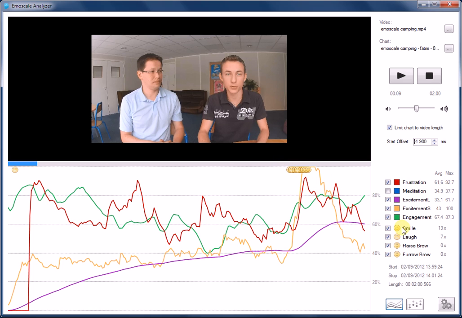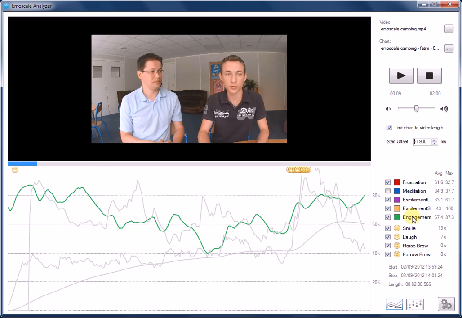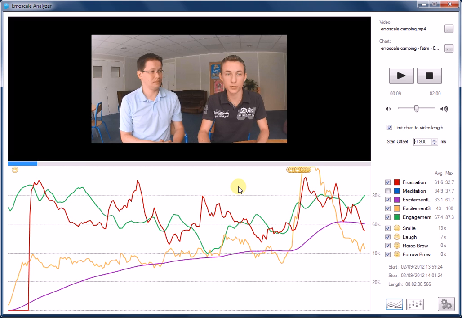So we are able to virtually count the number of times someone was smiling, even if it's not visible on the face of the person. What you can see is a red curve, which is frustration. The yellow one is engagement. Engagement means whether the person is really taking care of the video, is focused or not, and the excitement, short term and long term, which is also one of the factors to know if a video is